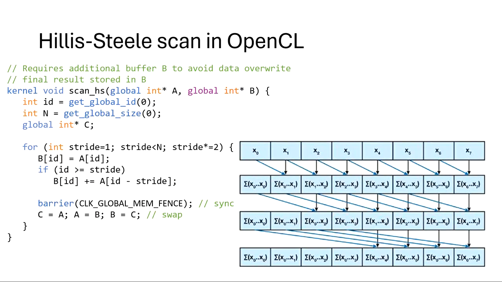Let's rewrite that in OpenCL, so you can see it looks a bit more complicated now than the pseudocode, because we're dealing with all the CL-specific stuff. We've got to get our IDs, and importantly, we need this barrier sitting here. You can see there's an operation here of swapping things around, right? Swapping A's and B's